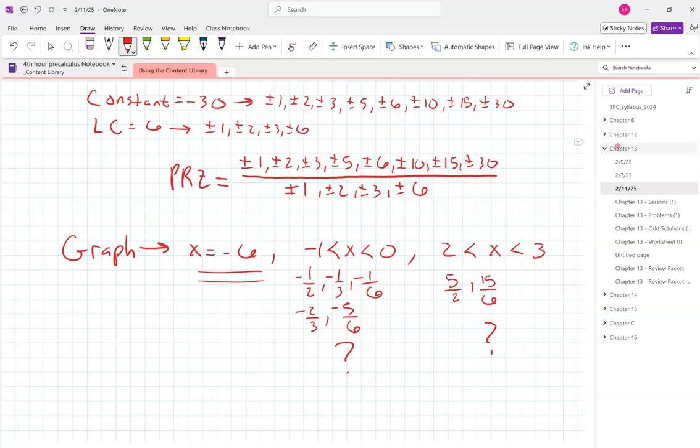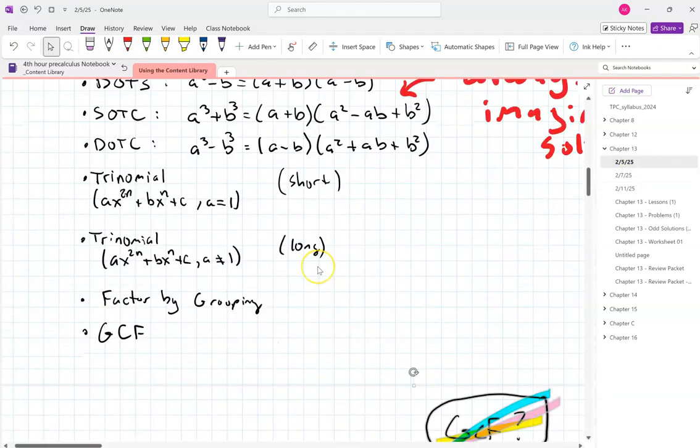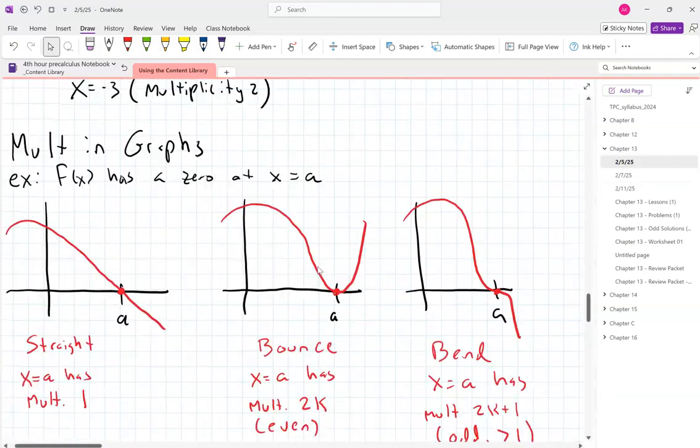In addition, if I have my option, would you rather do synthetic division with a whole number or a fraction? The whole number, right? Goodness gracious, don't make me do arithmetic with fractions if I don't have to. If I have the choice, give me the no fractions, please, and thank you. The other thing I want to point out that I'm also going to look at, as long as I have